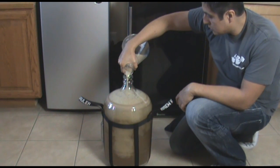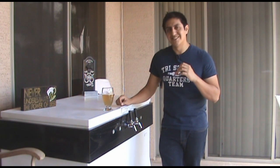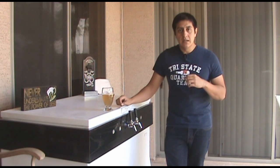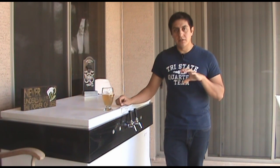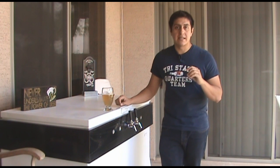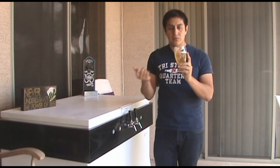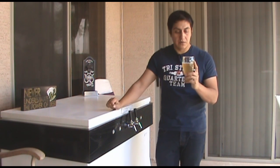However, there is a lot of sourness in this beer. I was just looking for a lot more sourness, if that makes sense. So one of the things that I would probably do with this beer in the near future is to let the beer sit on the lacto alone for an extra 2 or 3 days to increase that sourness. So as you can see, the head retention is not very good, and mostly it's because of the sourness,